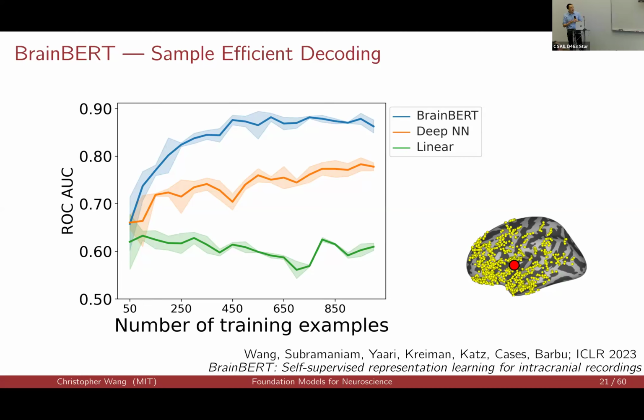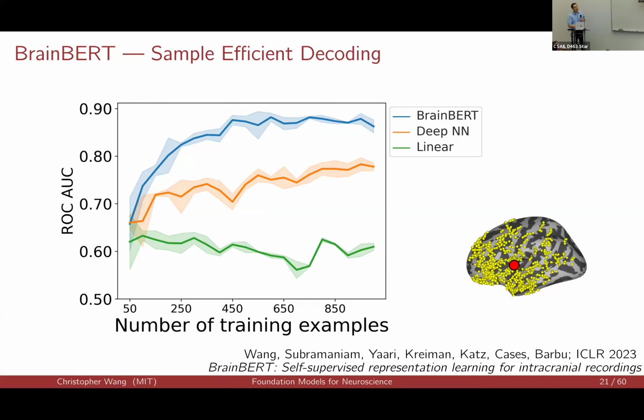And I said we had a lot of data, but after subsetting and then subsetting again, it really cuts down on the amount of labeled examples you have. It's like a curse of dimensionality thing. And always in the neuroscience regime, you're going to want your methods to be as data efficient as possible.